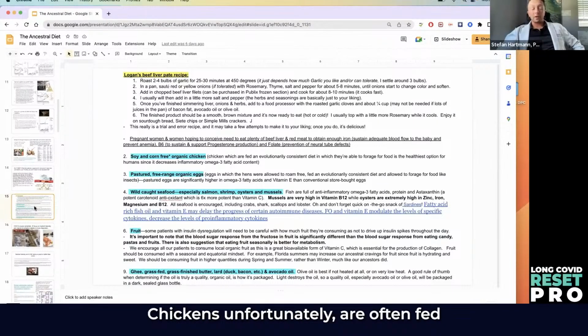Chickens, unfortunately, are often fed a processed food diet to make them fat, as we alluded to earlier. So getting a high-quality chicken is better. I prefer patients, if they can't get a high-quality chicken, to just eat beef. Even if it's not a grass-fed beef, the cow has multiple stomachs, so they process out glyphosate and things a